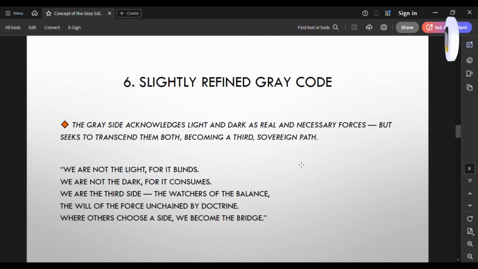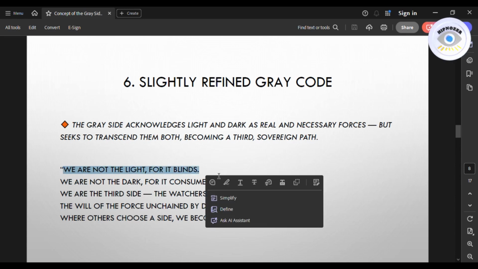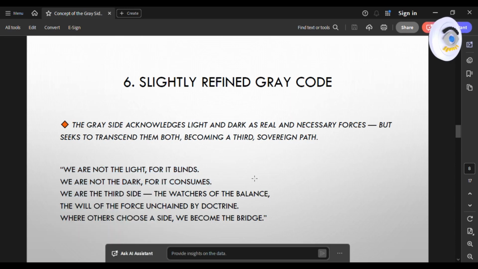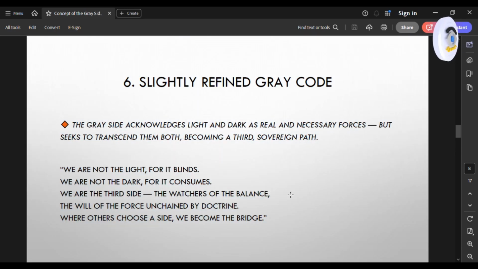Now, here's a slightly different interpretation of the grey code. I also want to mention here: We're not exactly light because it blinds. We're not exactly darkness because it consumes. We are the third side. We try to watch the balance,